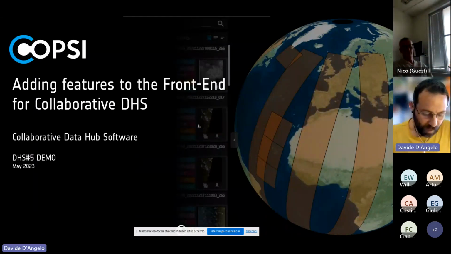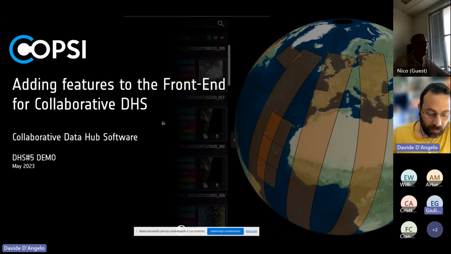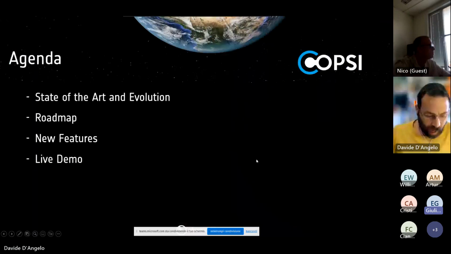Here we are. Hello, welcome. I'm going to introduce you the new functionalities in version 2 of COPSI, which we recall stands for Copernicus Space Components Interface and is meant to be the new front-end for collaborative DHS. I'll briefly touch on the main concept that define COPSI, and then we'll go on with a live demo of